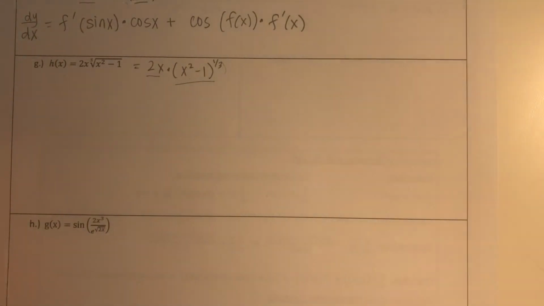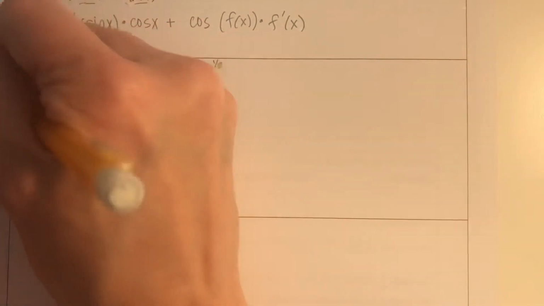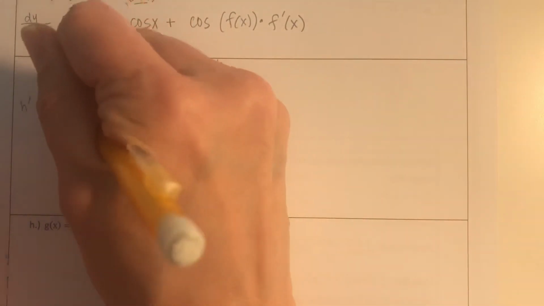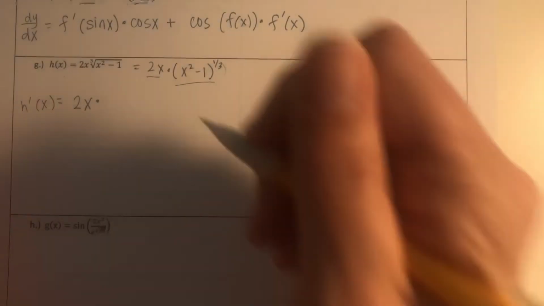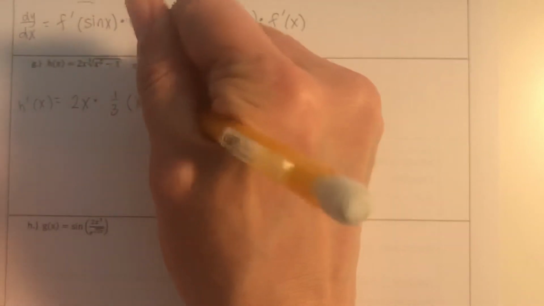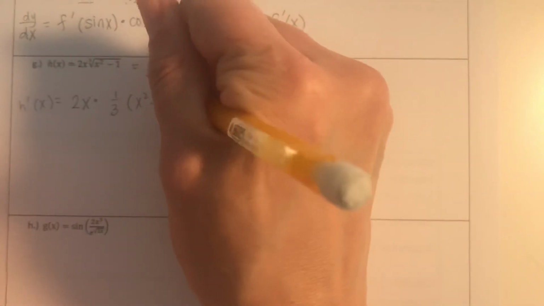So we're going to have to use the product rule and the chain rule. So h prime of x equals, so we have the first term times the derivative of the second term, which is going to be 1/3. Leave the inside function the same. Subtract 1 from your exponent, you're going to get negative 2/3,